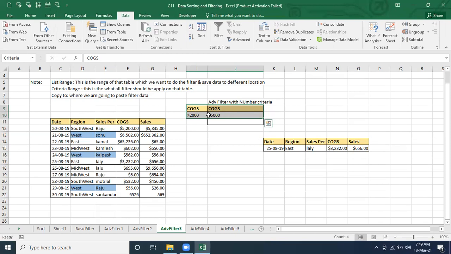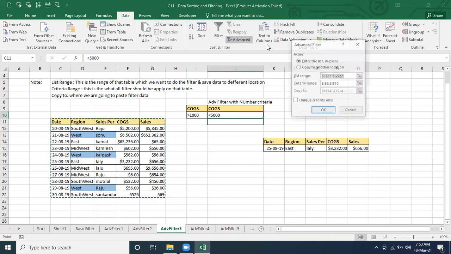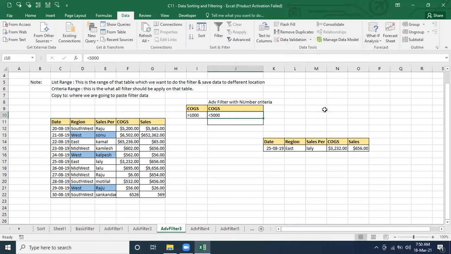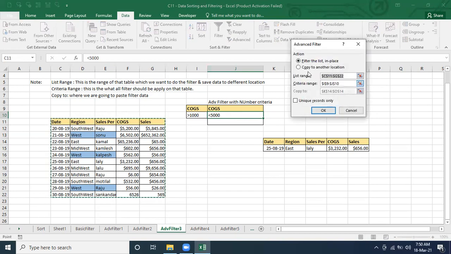And if your boss asks, I want from 1,000 to 5,000, how many records are there? So from 6,600 to 562, all those records will come. Let's do it here and copy all the things. It's not happening, let me see. This is the criteria, which is perfect, and for this one we want to paste here only.